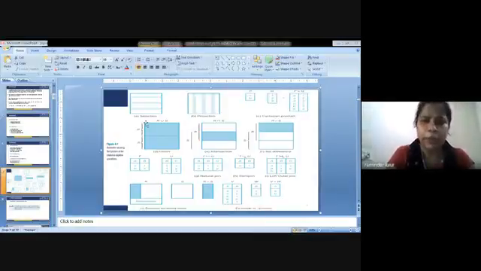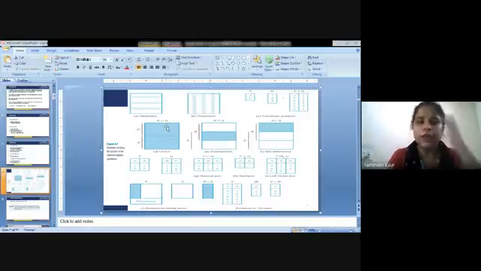Next is the union operator, R union S. This one is R and this one is S, and there is some common area in between both. That common area is the intersection of R and S. This is R and this is S, and this is the common part present between the two. Union is to combine two different tables. Next is R and S.